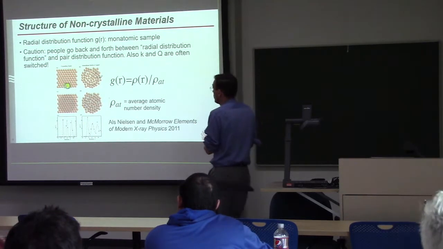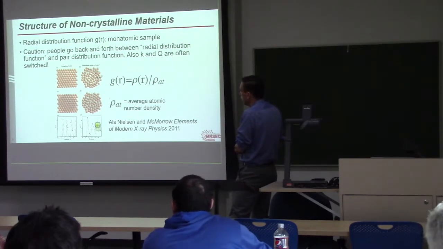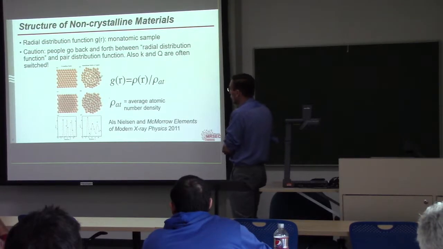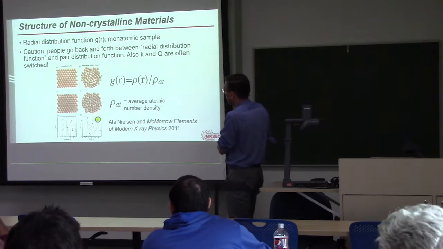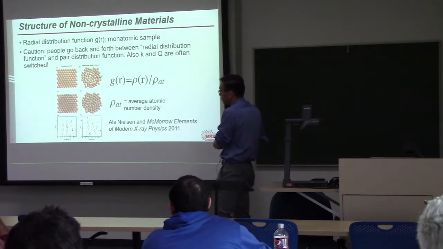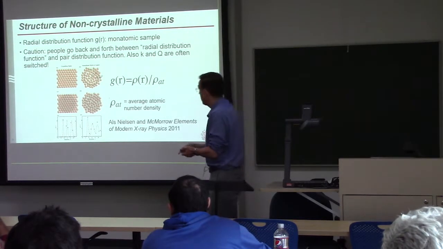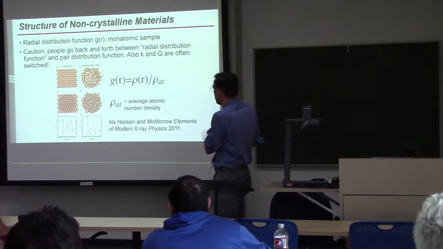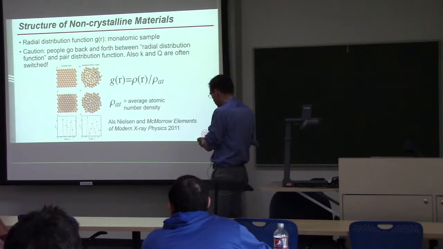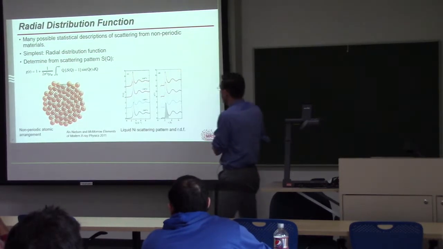If we go to larger distances, we'll find that the degree of modulation, that is, as you go further away, these pairs become less well defined, and the modulation in G of R disappears in the amorphous solid, but is maintained out to arbitrary distances in the crystalline solid. So that's a simple interpretation of G of R. You can immediately measure the number of nearest neighbors. So if you can do this, this is easily determined.